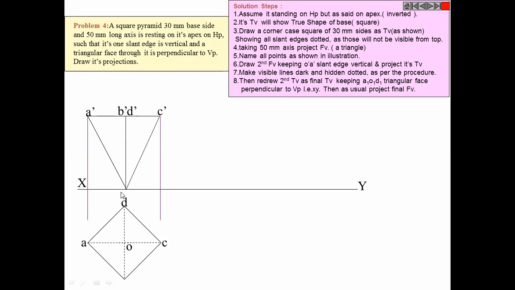What is the farthest point? D. And the line joining D, 1, 2, and 3 should be dotted, but it is not dotted. Why? Because it is exactly coinciding with this line. This line is coinciding with this and this is coinciding with this, so we won't have any dotted line.